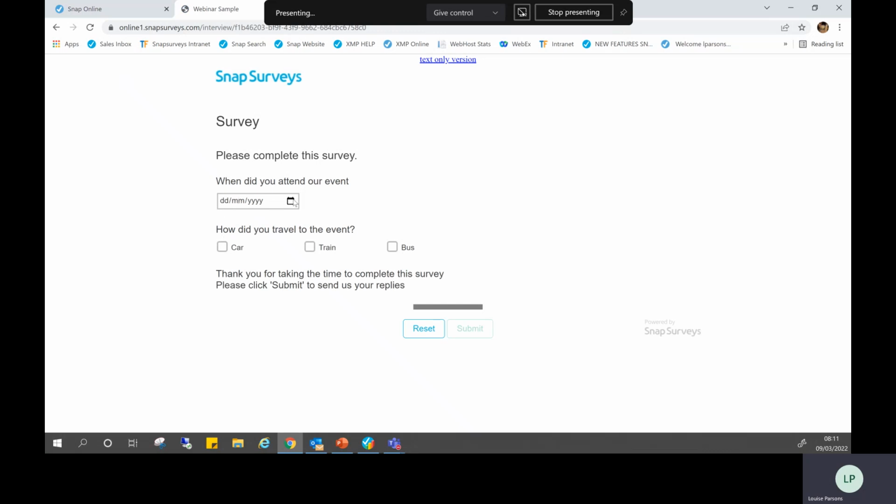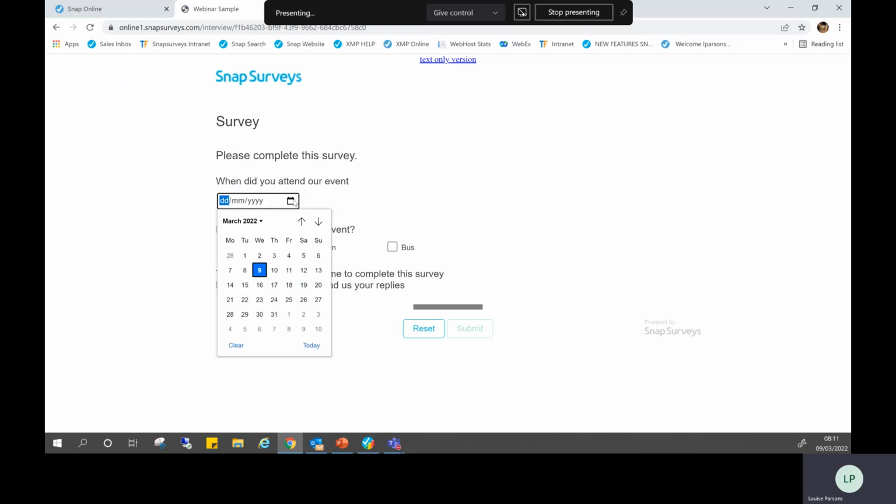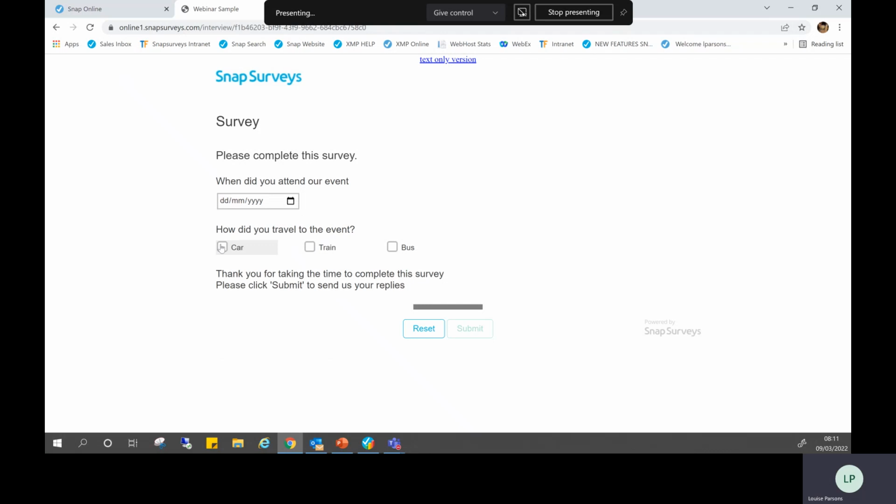So we can see that I have got my date question here and I've also got my how did I travel here question. And because we have used a template, I can see that all of my ticks are the color that I want. I can see that my buttons are the colors that I want as well. So if we wanted to make any changes, we could do.